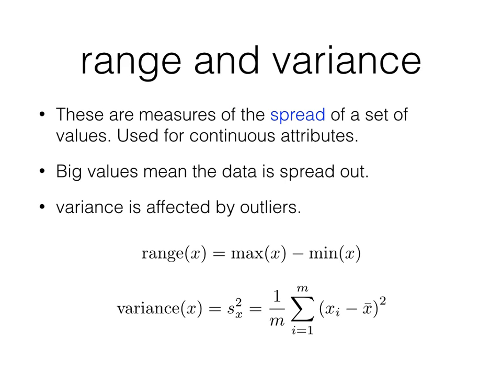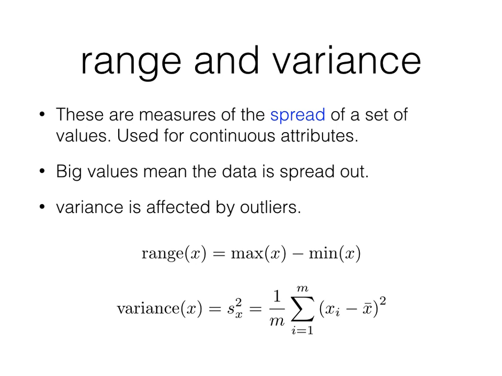The other thing that we can do with continuous attributes is to measure the spread of the values, how spread out the data is. And a big value of this means that the data is quite spread out. So here we have range and variance. So range is just the maximum value minus the minimum value. And variance is, or S squared,